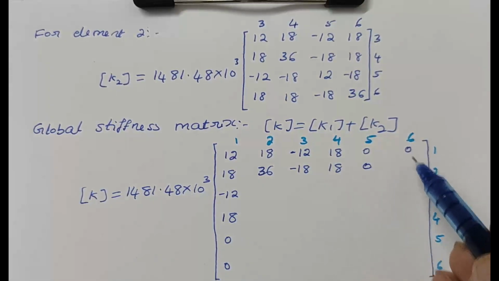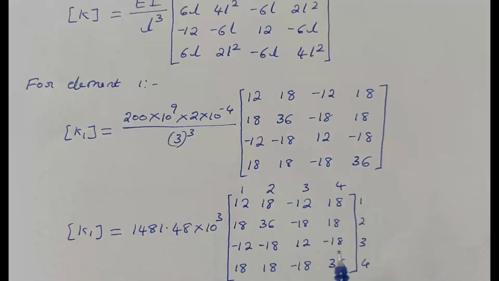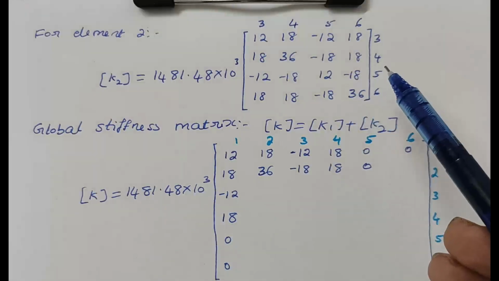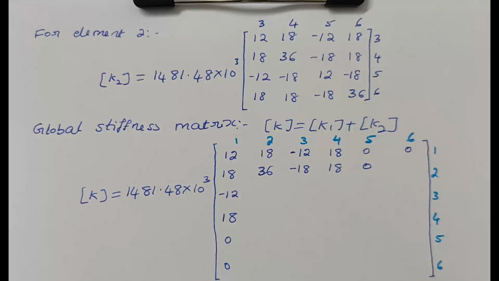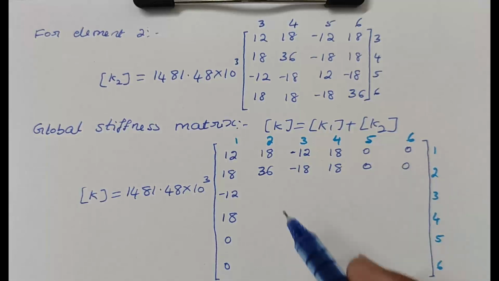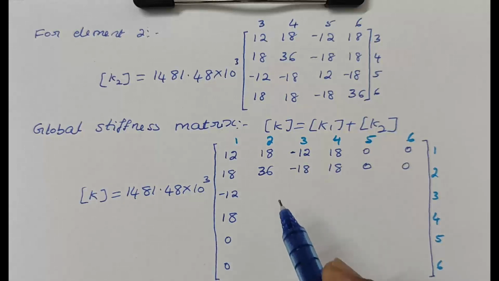Next element corresponding to 6 and 2. In K1 no element corresponding to 6 and 2. Similarly in K2 no element corresponding to 6 and 2. Therefore element corresponding to 6 and 2 will be 0. So due to symmetry I can write the second column. It is minus 18